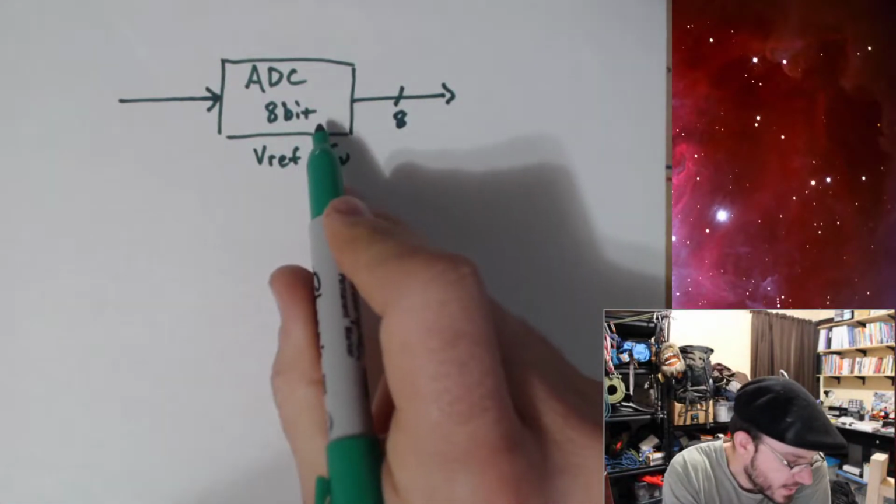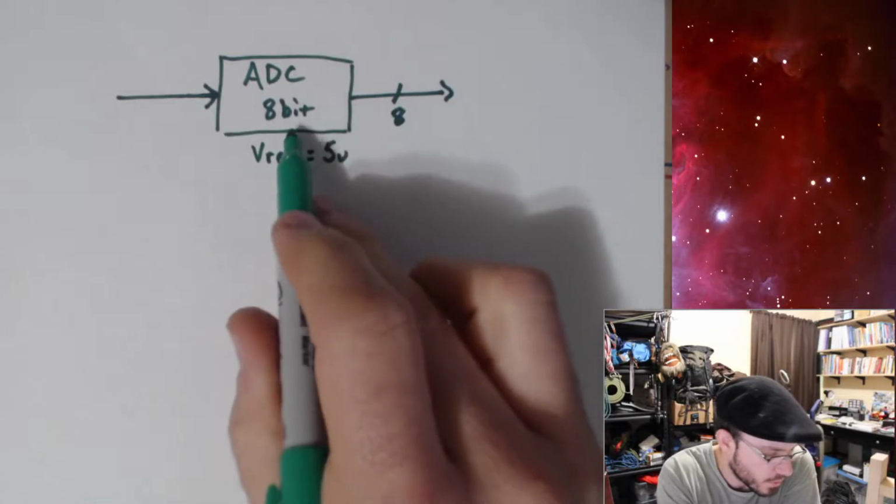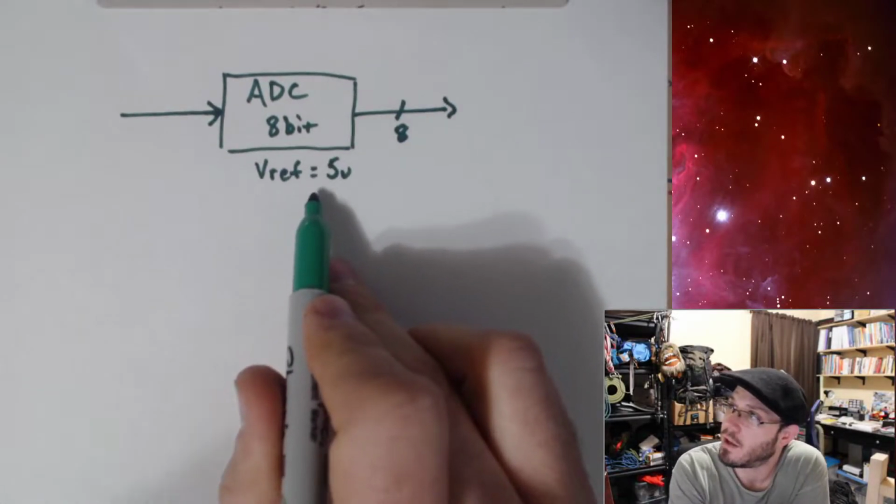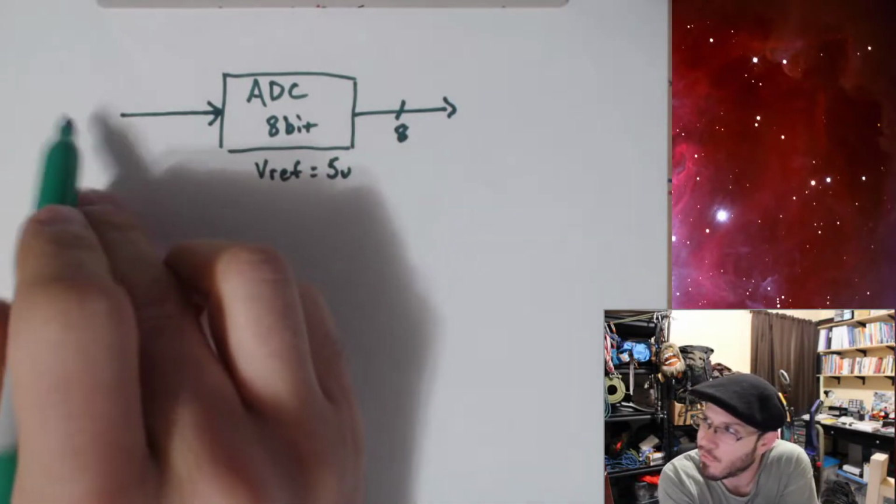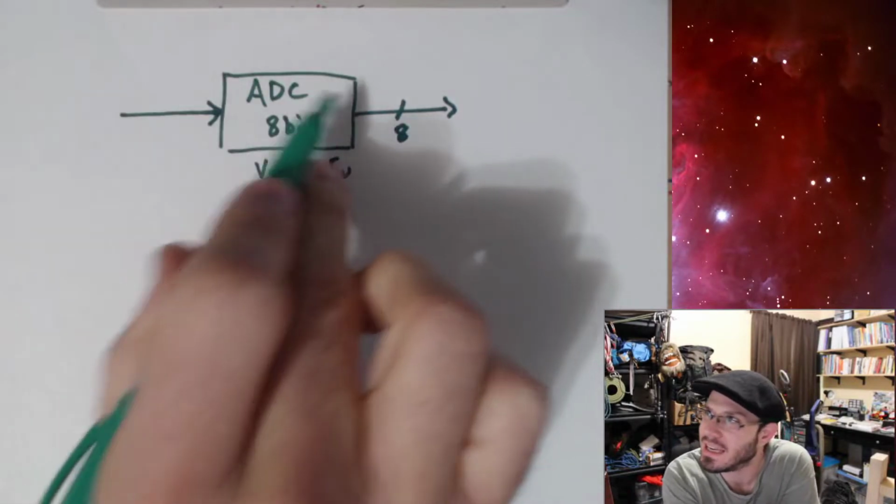Okay, so since this is an 8-bit analog digital converter with a VREF of 5 volts, our analog voltage input range into this device is going to be